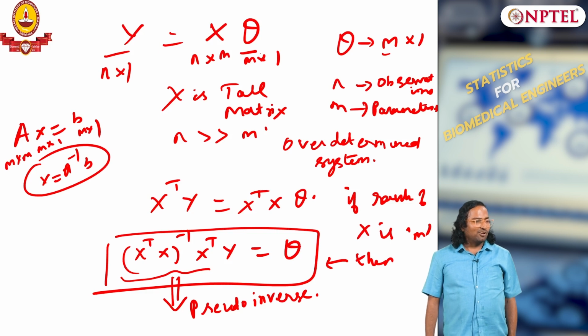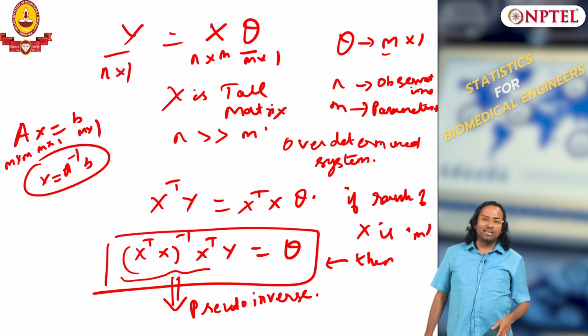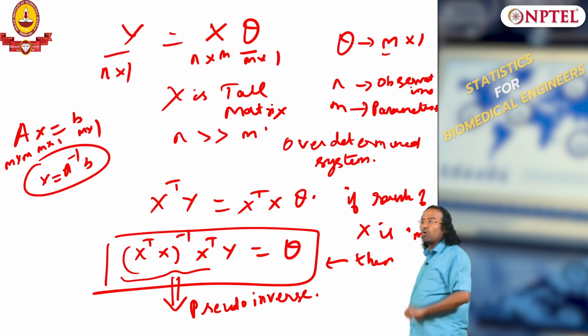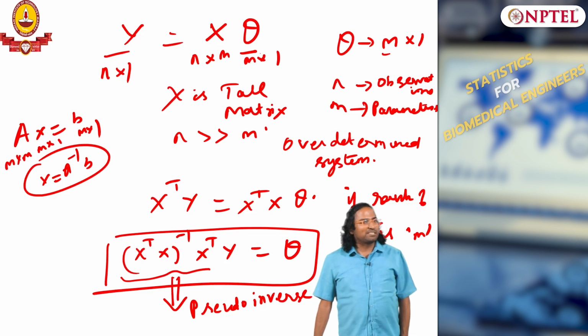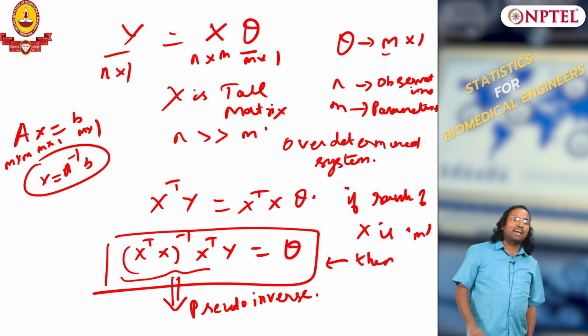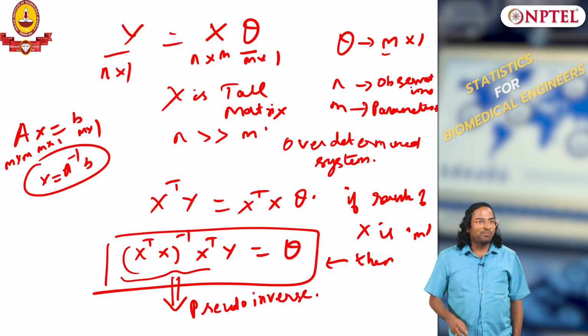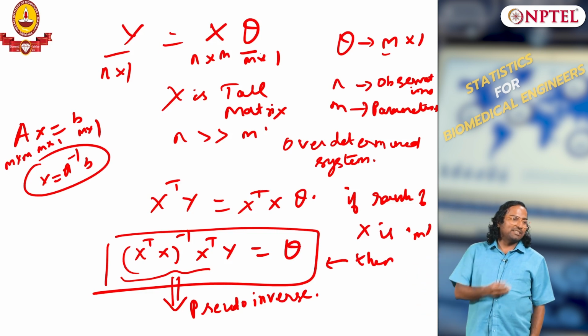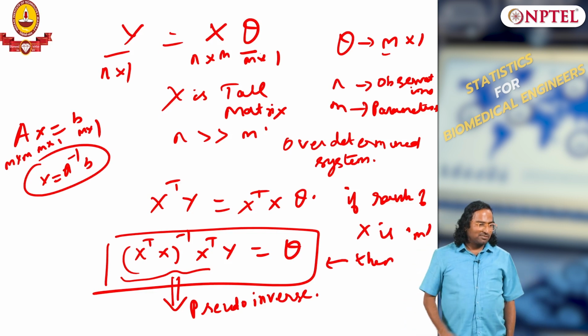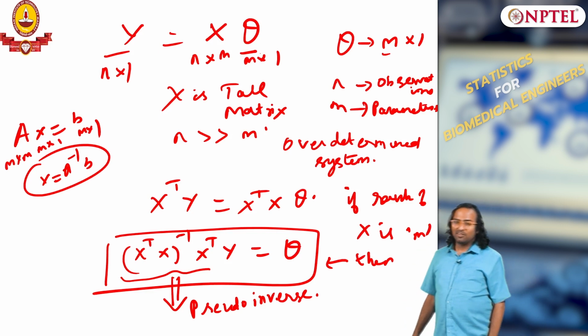Because of noise in the system, you will always have rank m, because some noise will be there, so you cannot have exact dependency. The problem is the features may be highly overlapping. Suppose 95% of the feature is overlapping, still the rank will be full m, but the extra information you get by adding a new variable is only 5%, very little. How do you measure the dependence? We will come to that.